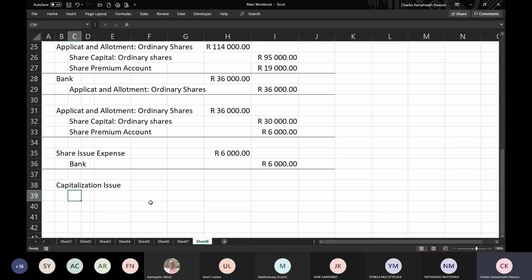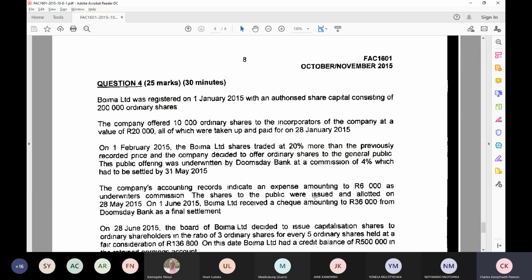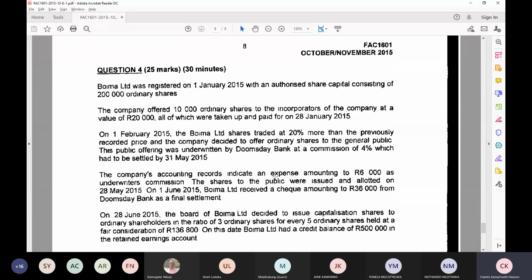Capitalization issue. What is the total issued shares? So there were 10,000 ordinary shares to the incorporators of the company. And then we issued a further...